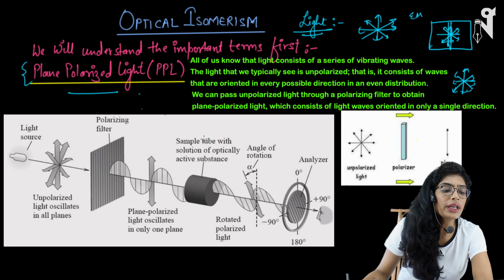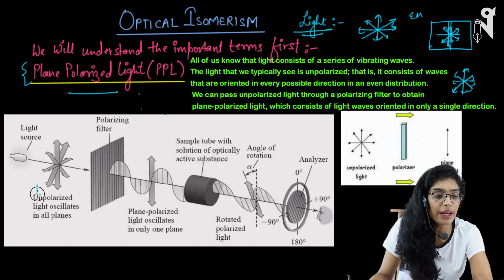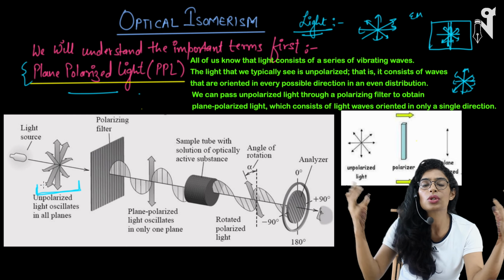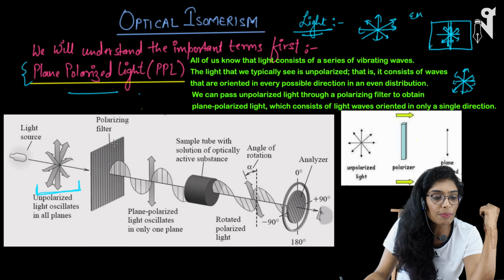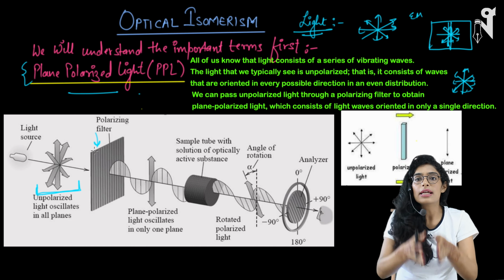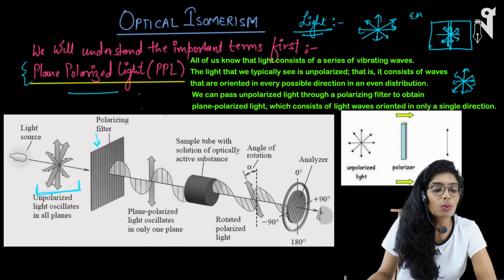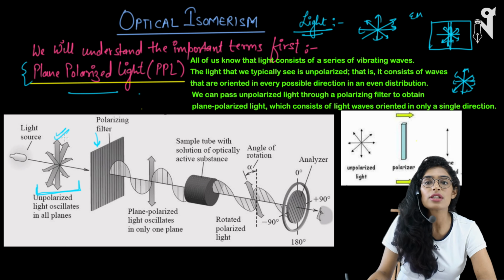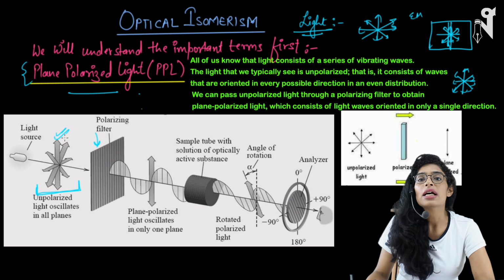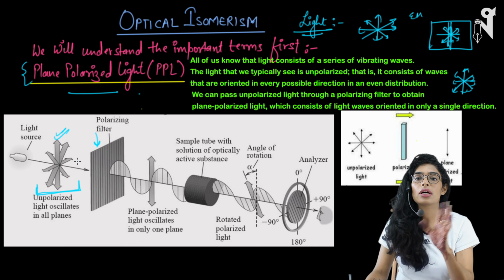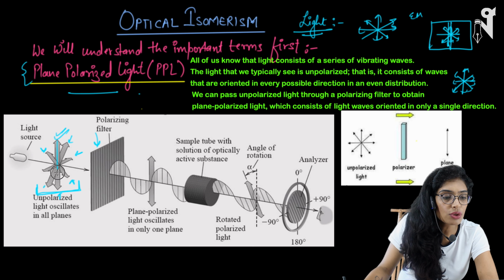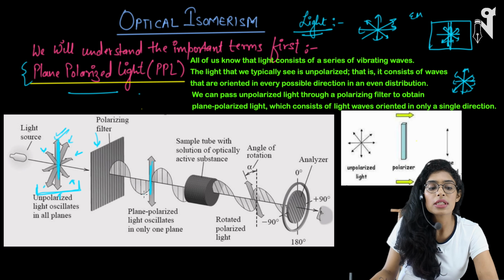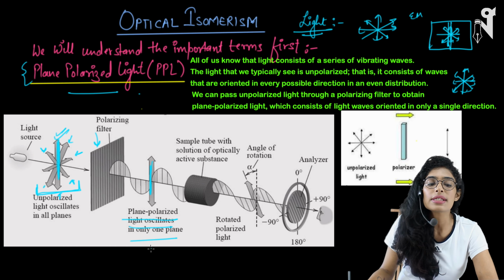Okay, so look here, if you can see this, this is my unpolarized light. Unpolarized means the light waves are moving or oscillating in all the different planes. Now it has been passed through this filter. The filter has the vertical slits, as I told you. So when it passes through the vertical slits, only the vertical vector of it is able to pass through, and the rest gets removed, rejected or reflected back. Out of all these vectors of light, only the vertical one could pass through. This is called plane polarized light, which oscillates only in a single plane.